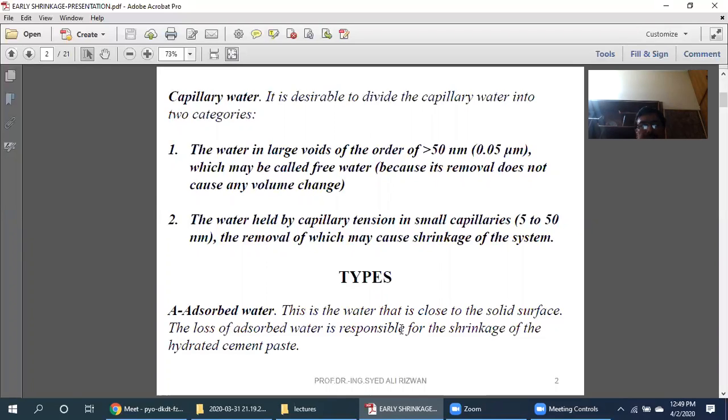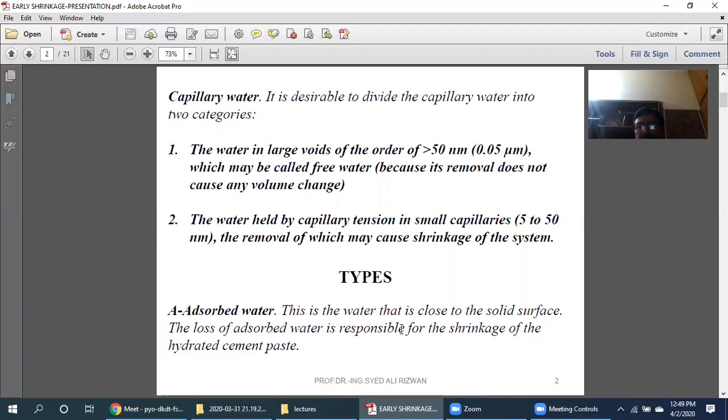The second type of capillaries are the water held in small capillaries which have a size of 5 to 15 nanometers, the removal of which may cause shrinkage of